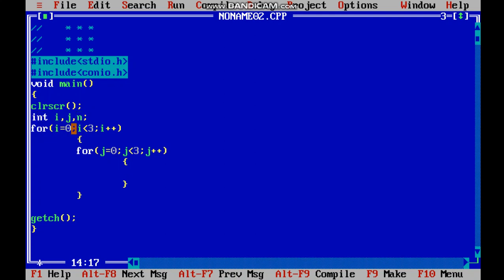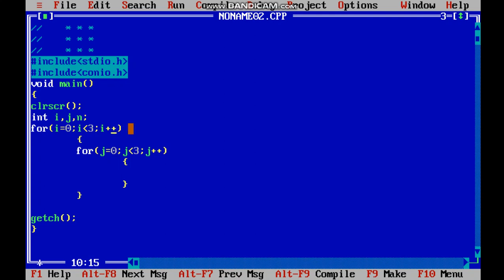Whenever we use a for loop, we can use any variable to run the loop that many times. But personally, I am more comfortable using i, j and k. Most programmers will be comfortable using i, j and k in the for loop. It's not like you have to use i, j or k. You can use your own variables, but most probably you will find i, j or k only.